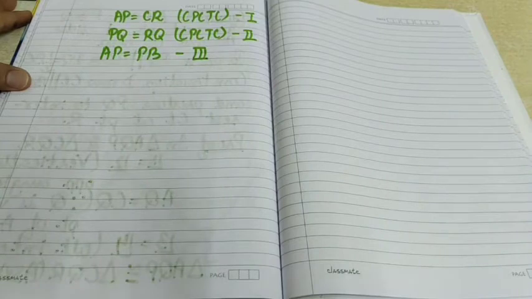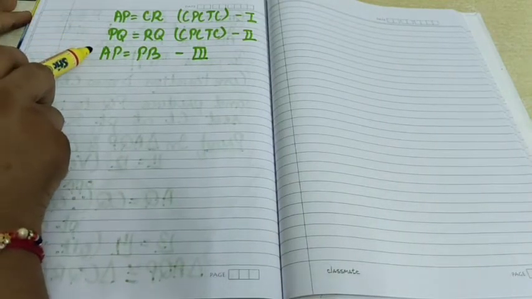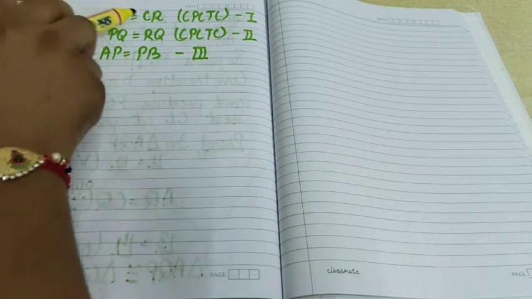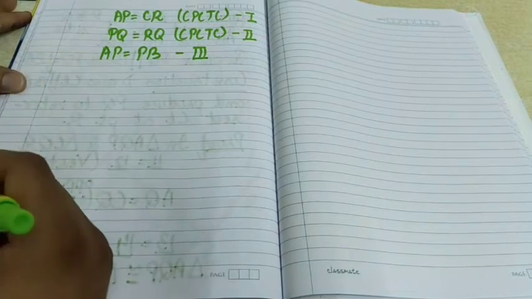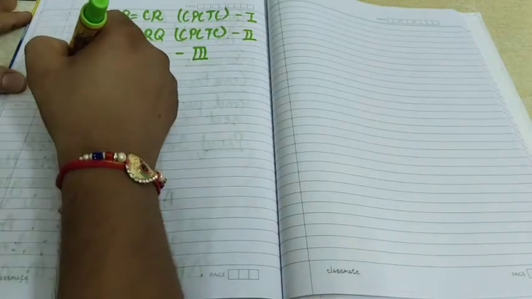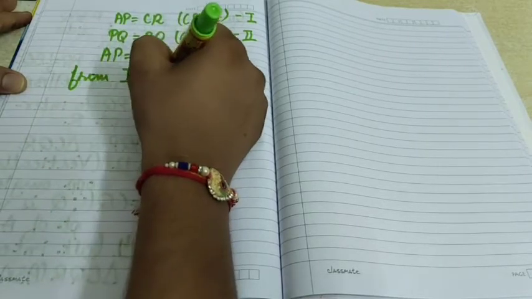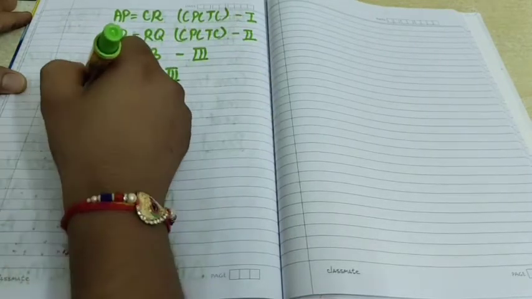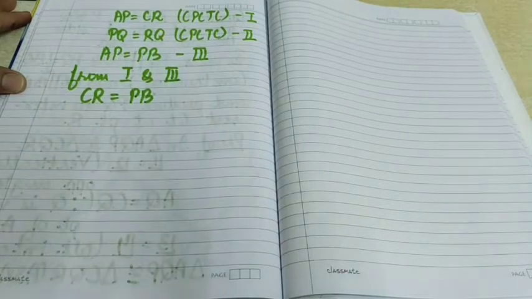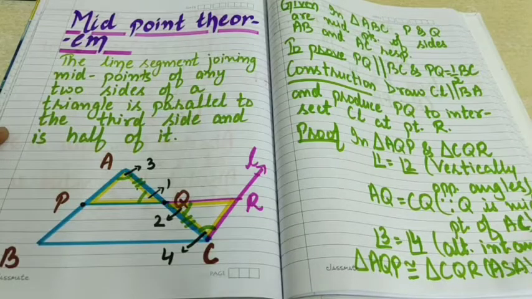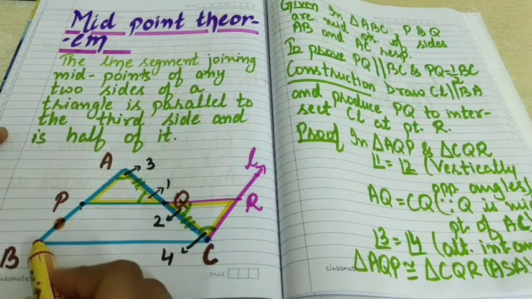Now from equations number 1 and 3, we can see that both CR and PB are equal to AP, so they must be equal to each other. So here we mention that from 1 and 3, we can conclude that CR is equal to PB. So students, by now we have proved that the length of PB is equal to the length of